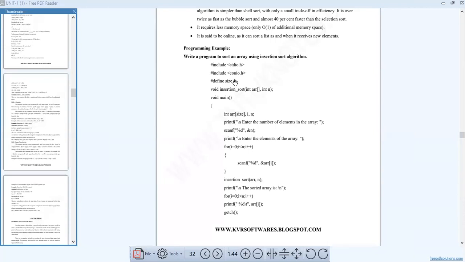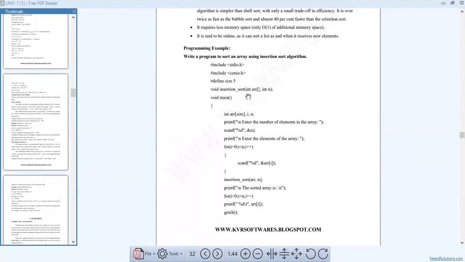For constants we can declare the constant like this in C language. Now we are declaring one function. This is called a declaration: void insertion sort, int array, comma int n. Otherwise you can declare int array comma int n, that's also not a problem.